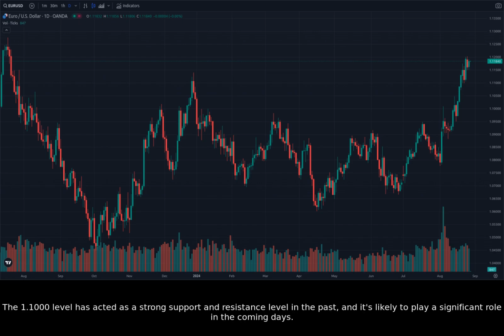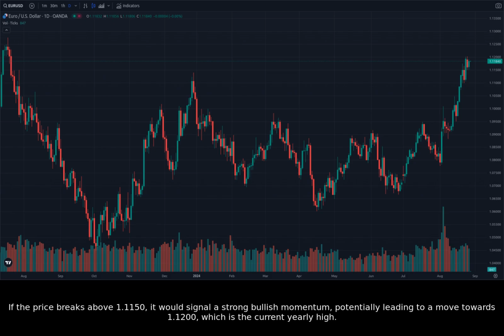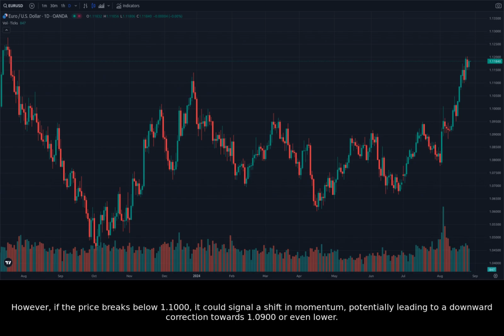The 1.1000 level has acted as a strong support and resistance level in the past, and it's likely to play a significant role in the coming days. If the price breaks above 1.1150, it would signal a strong bullish momentum, potentially leading to a move towards 1.1200, which is the current yearly high. However, if the price breaks below 1.1000, it could signal a shift in momentum, potentially leading to a downward correction towards